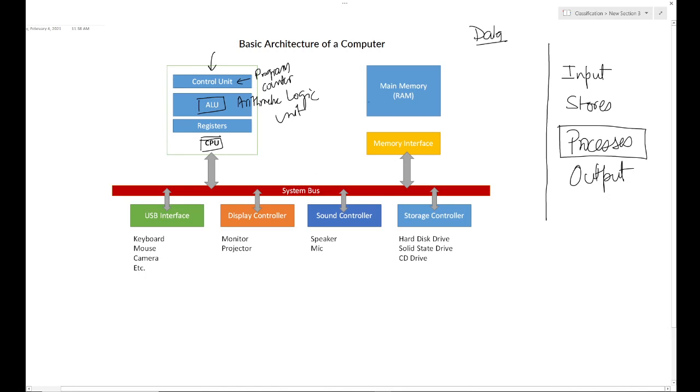Now all the data that the ALU works upon must be stored inside the processor itself in a region called registers. So it is just like a memory, a small memory inside the processor itself. So the processor works on these only. Any input and output must happen to these registers, and later on we will see how the data from registers can move to different parts of a computer.